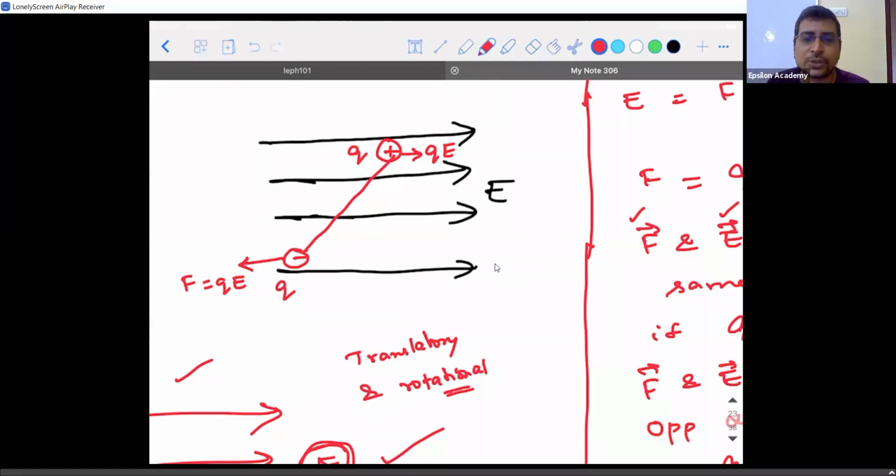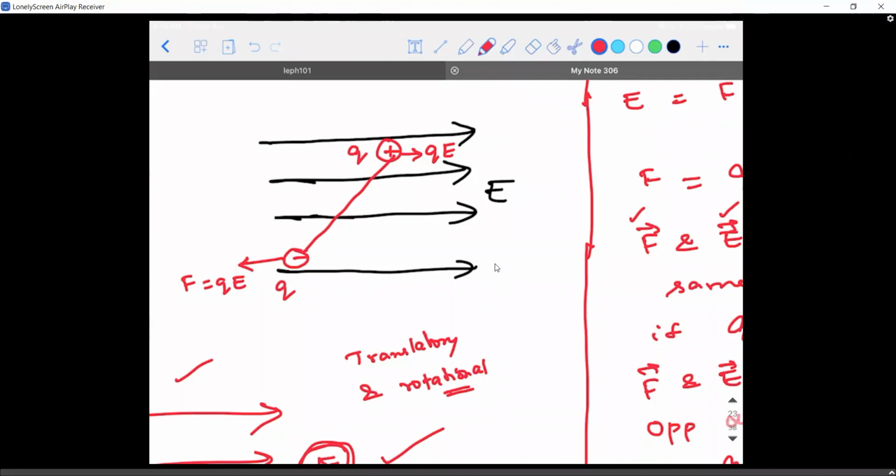Who is responsible for motion? What does Newton's first law say? An object will continue to be in the state of rest or in motion unless and until an external force is applied on it. So wherever you see this point, I want everybody to have it in your mind. When I say translatory motion, it is the unbalanced force that is responsible for it. Are you able to understand? It is the unbalanced force that is responsible for translatory motion of any system in this world. Okay. Then, who is responsible for rotational motion? Balanced force will keep the objects at rest.